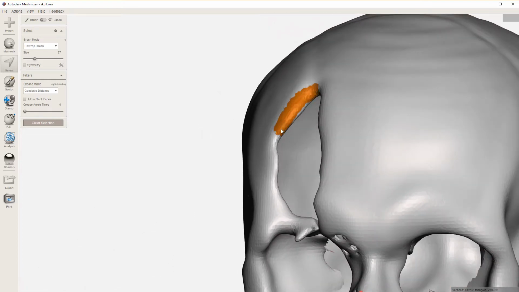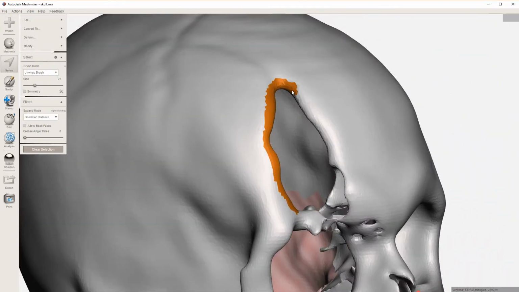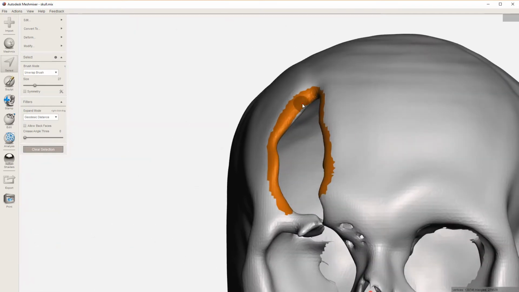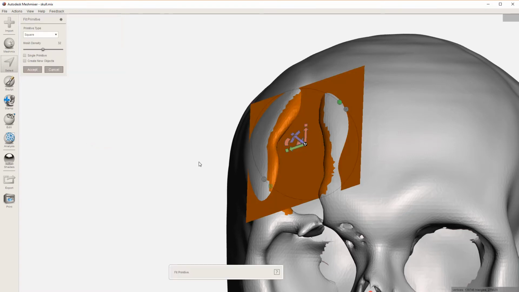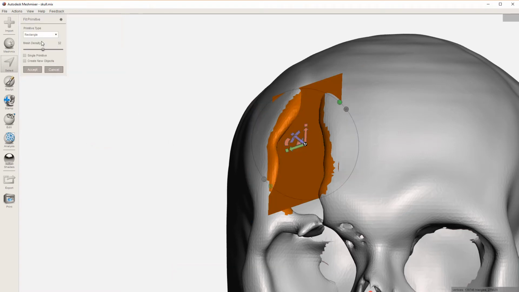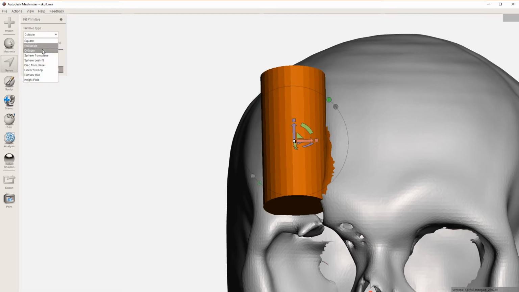I'm just going to select around, trying not to hit any of the back of the skull. Just try to be very careful with where that little red dot goes. I think that's good enough. The really cool command under Edit is fit primitive. You see it has a P key, which means that the makers of Meshmixer decided that it is warranting its own little hotkey. So we say fit primitive, you can fit any sort of things, a rectangle, a cylinder,